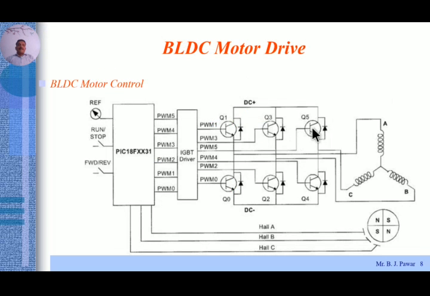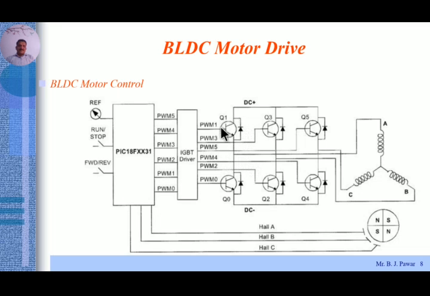So in this diagram I tried to show the actual circuitry, or driver circuitry, required for the BLDC motor, which is again 3-phase. You will observe a total of 6 switches, MOSFETs are used, and these MOSFETs are commonly powered by some DC voltage, plus and minus is shown, means across this bridge, plus DC and minus DC are connected. It is the same as the previous sequence which we discussed.